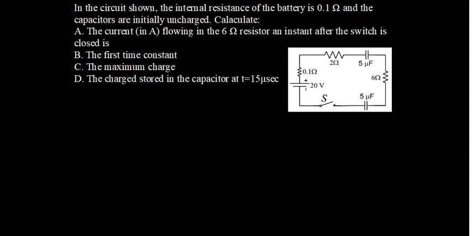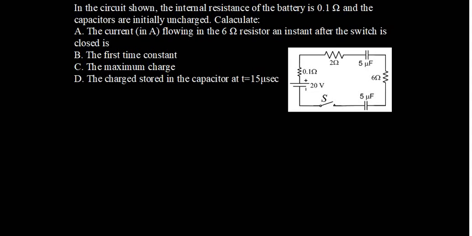Hi, in this video we have another example related to RC circuits. In this circuit shown, the internal resistance of the battery is 0.1 ohm and the capacitors are initially uncharged. Calculate the current in ampere flowing in the 6 ohm resistor an instant after the switch is closed. Then the first time constant, the maximum charge, and at the end the charge stored in the capacitor at